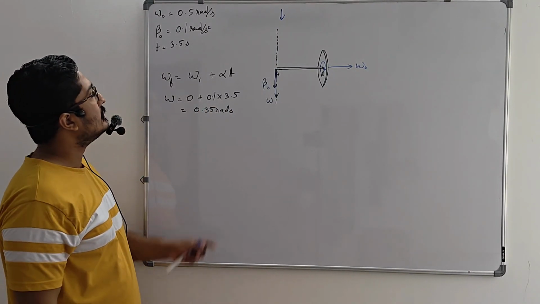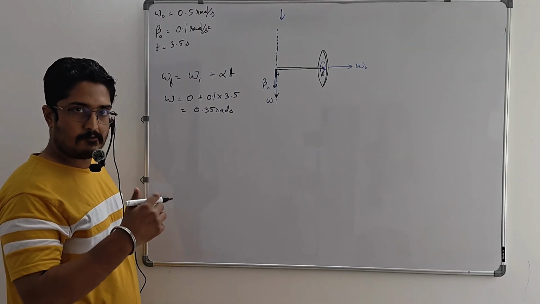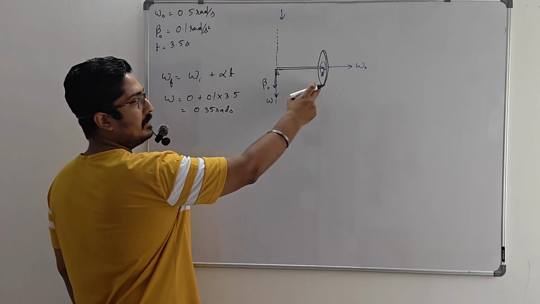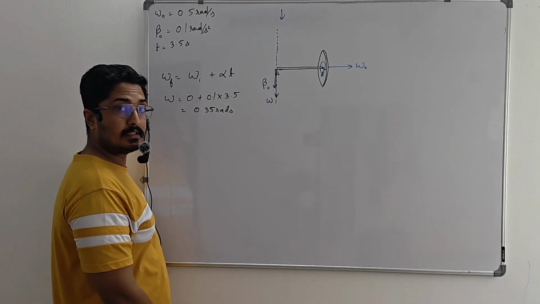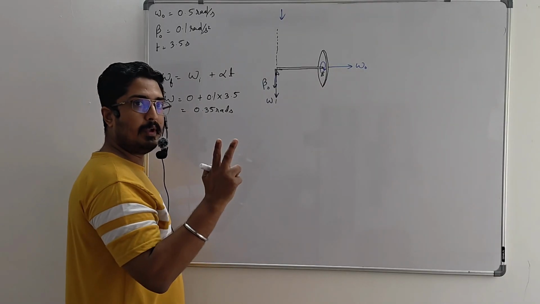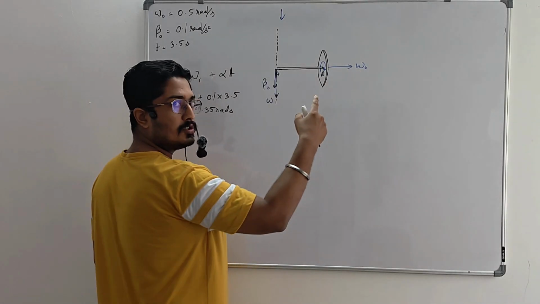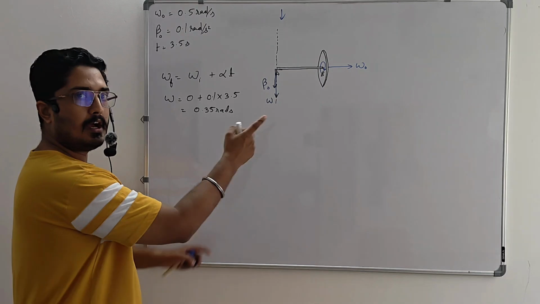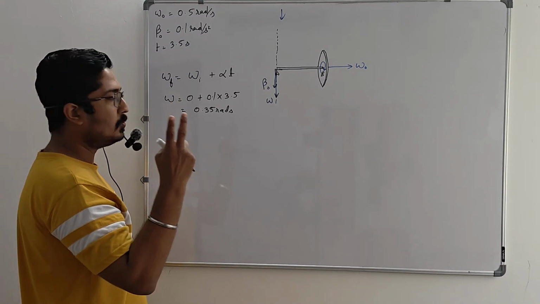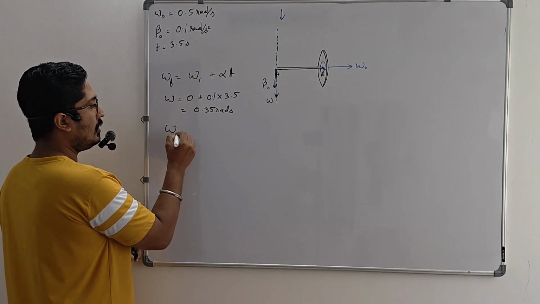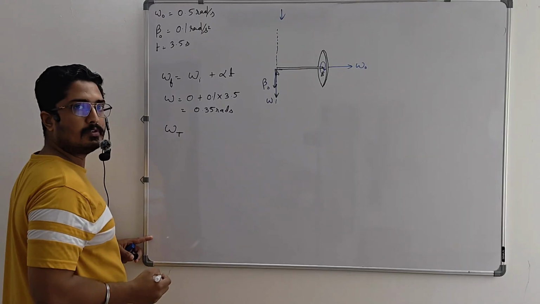So if I take at this moment time t equals 3.5 seconds, my body, that is the solid disk that is rotating, has two omegas. One is the omega naught because of its spin, another one is omega because of its revolution. So two omegas. So if you ask me what is the total omega at the time t equals 3.5 second,